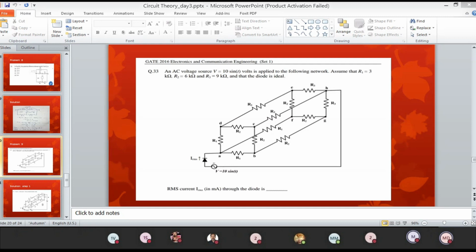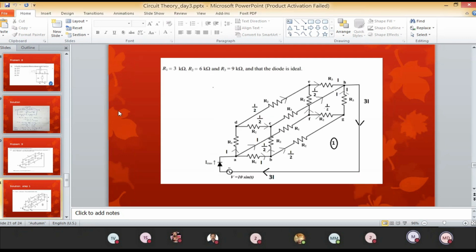Once the current enters, it has three resistance paths, but if you observe properly, all the three resistances are R1 only. So the entry path has equivalent resistance, and you should apply the same rule we did in the previous case. You can notice the RMS current enters the point A. It has three paths: A to B, A to D, A to F, AB, AD, AF. All the three paths have the same resistance R1.